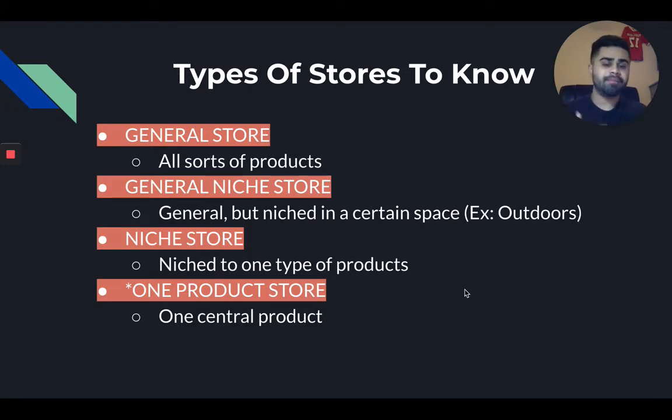Certain gadgets that may be useful in your houses or other people's houses, right? Those are general niche stores. So if you are just starting out and aren't too comfortable in terms of which direction or which niche you want to sway into, you can start out with a general niche store. For example, I had a general niche store, and then I found a sustainable product on there, and I made it into a one product store. That's what a lot of people do, and we'll go into that a little bit later on.